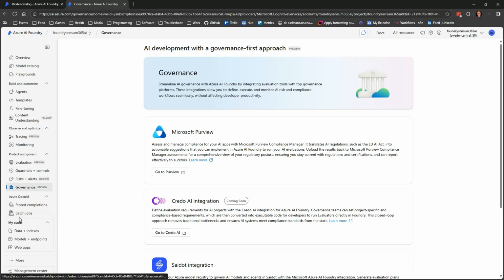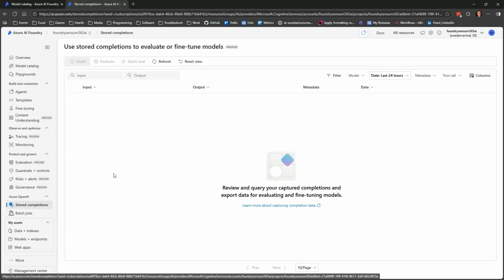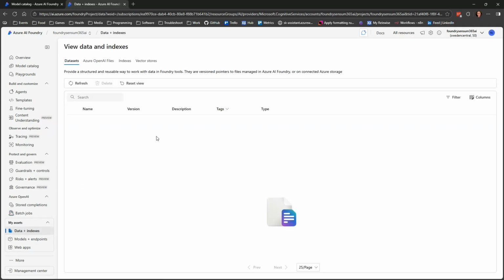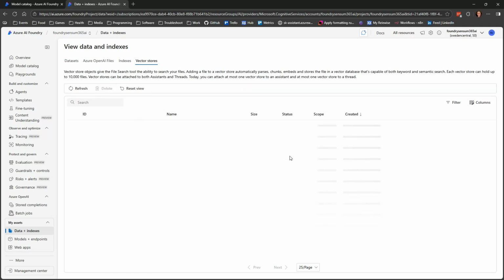Then there's a few tools here in Azure OpenAI, which is the old stuff. So something to do with the fine-tuning of models, evaluations of those, and batching of work that you can set up. Not really something I have used personally. Then there is the place where you can upload files and make vector stores and stuff. As far as I can see, you need to do that through code. It seems you can't really do it from here and upload and download stuff. But we will see that in the administration video on Azure AI Foundry.